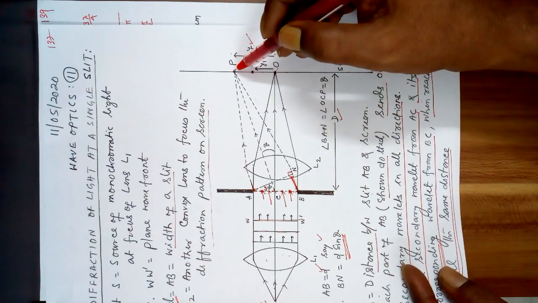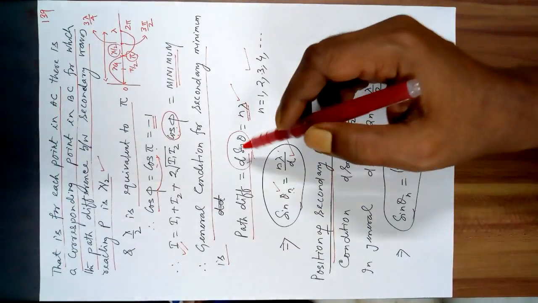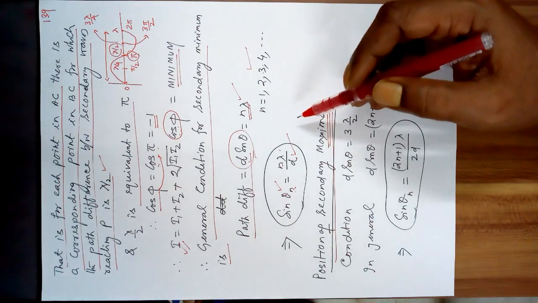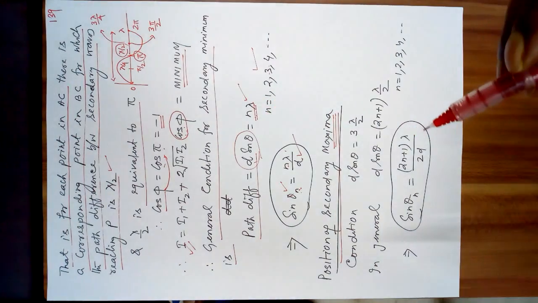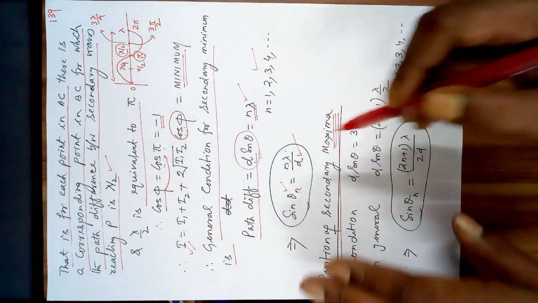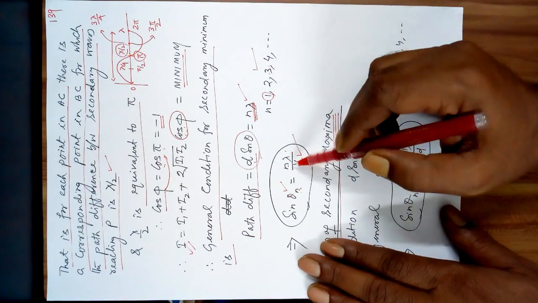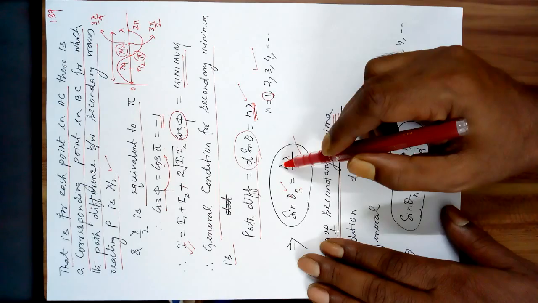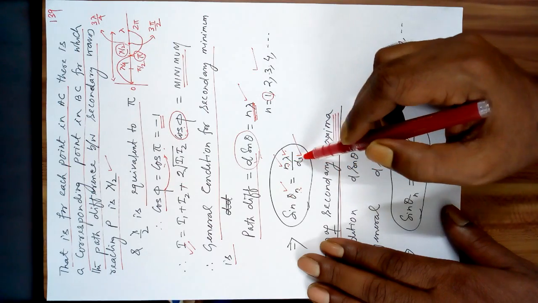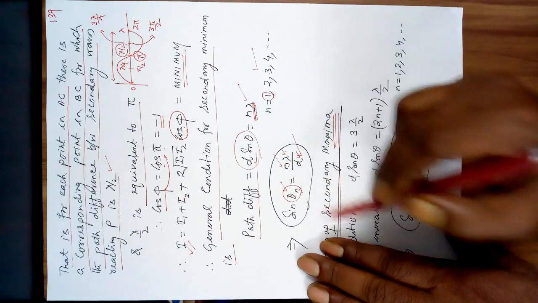And this point I found out to be minimum under this condition. Under this condition, that is d sin theta is equal to lambda. So the general is equal to this, means for n is equal to 1, if you put n equal to 1 here, lambda is known, d is known, then this will have a value.